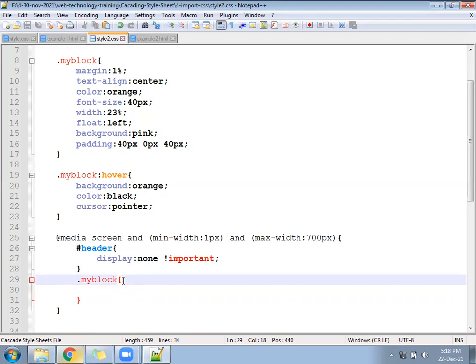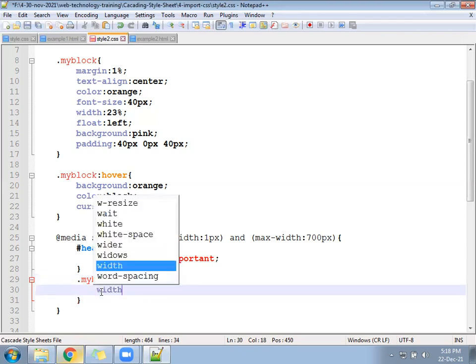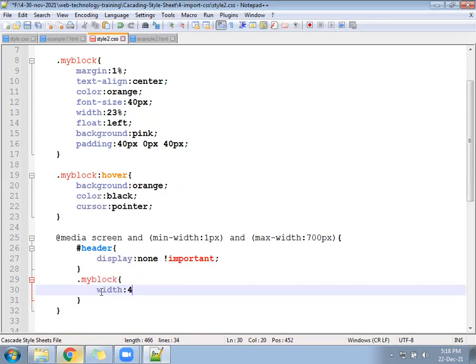You have already given 1% margin, so from 50% we subtract the margin: 48%. Exclamation important.